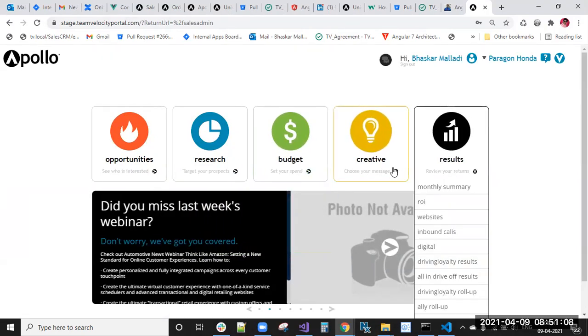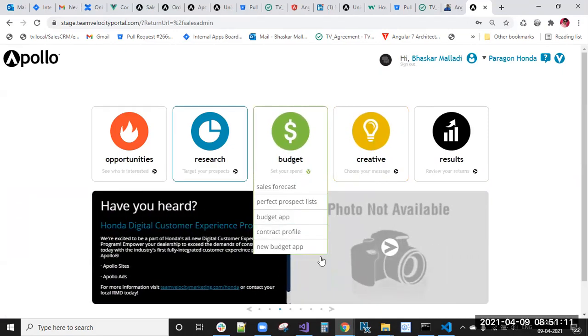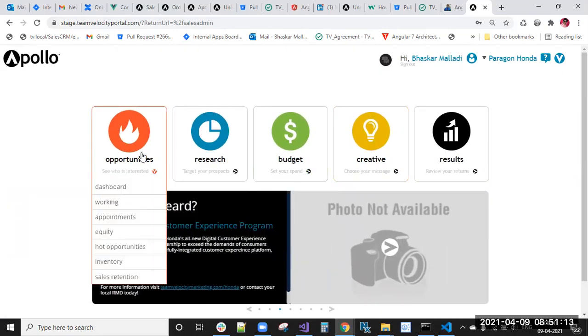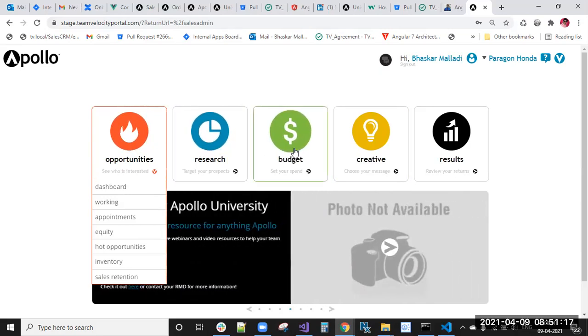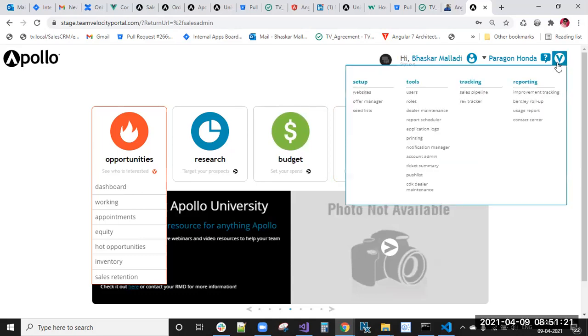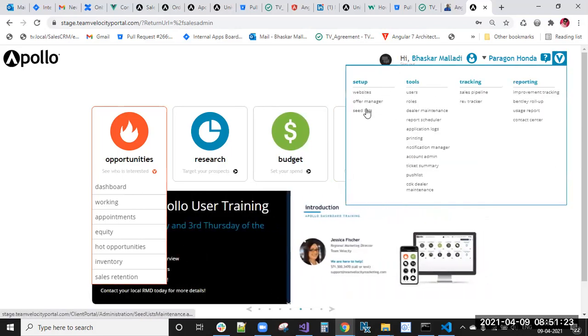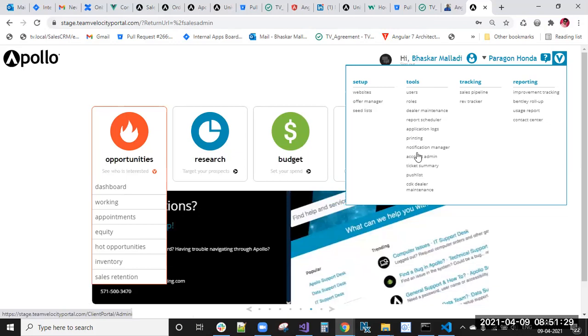How many modules are there in this particular project? Opportunities is a module. Research is a module, budget is a module, creative is a module, results is a module. And here also: website, asset manager, seed list, users, roles, information, tailor maintenance, report scheduler, application logs, printing, notification manager, account admin. These all are modules only.